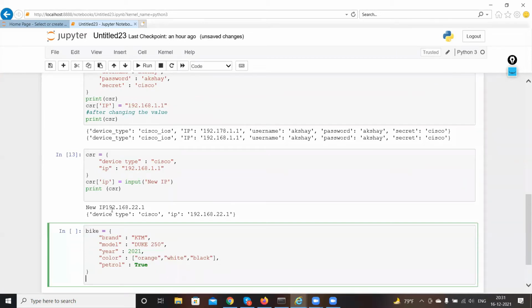So you have to give that dictionary name first, that is bike dot pop, and what key you want to pop. If you pop the key, it will be removing the value also. So I'll say pop the key that is color over here and then print it. So when you print dict over here,